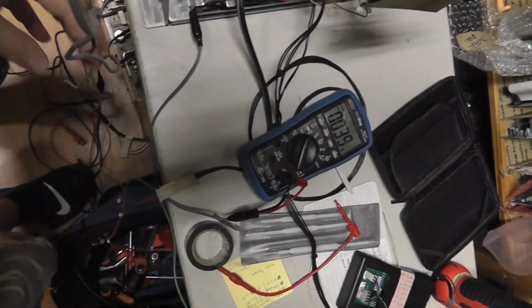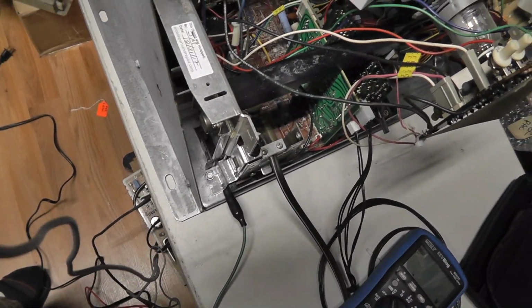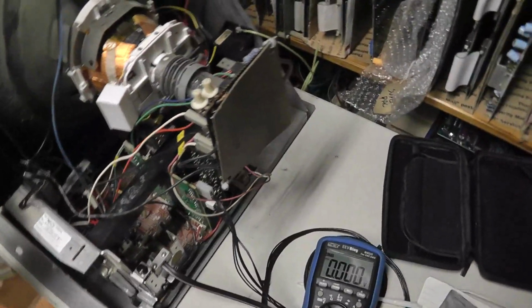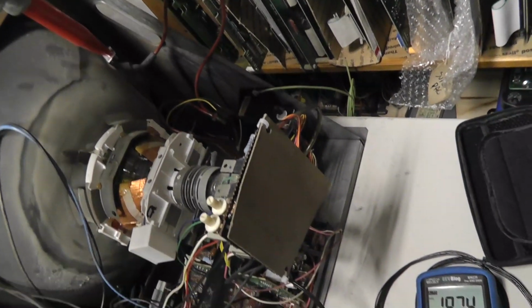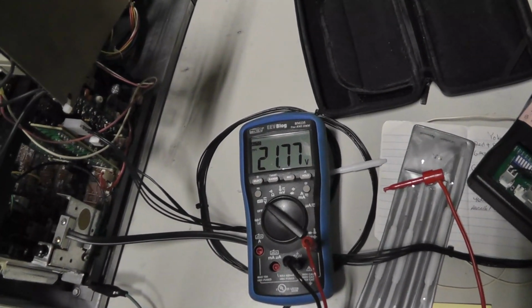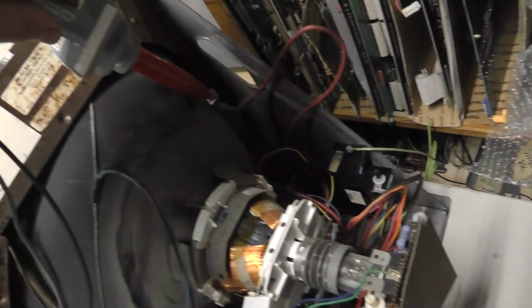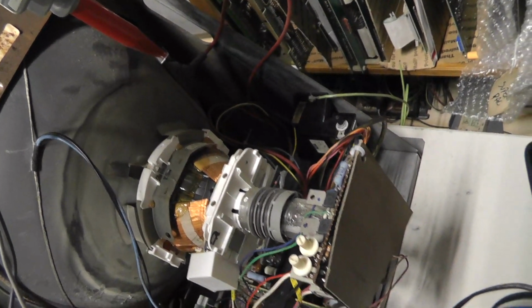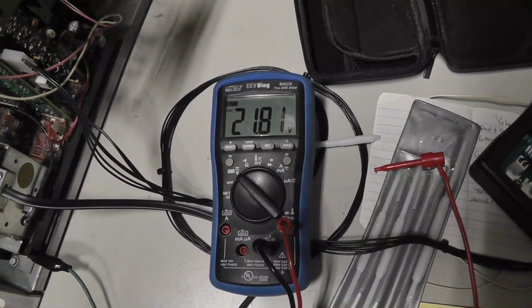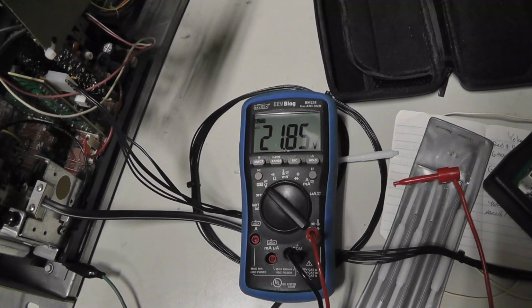Let me ground. I don't have my ground strap on. Alright. That's an important thing. Duh. I'm reading 21,000 volts, so you can hear that. It scares the shit out of me when I'm doing this. I think I have it touching the anode. We're almost at 22,000 volts, which is about 3,000 volts less